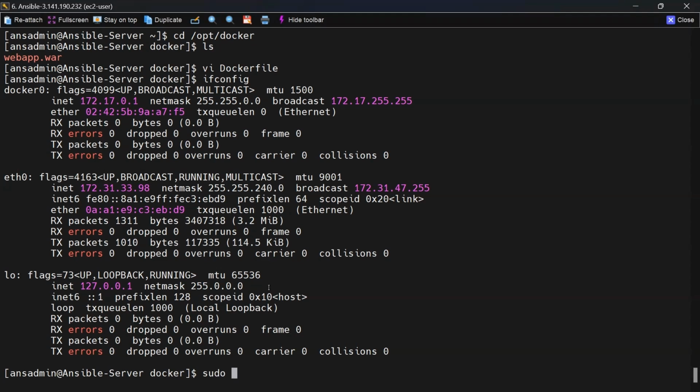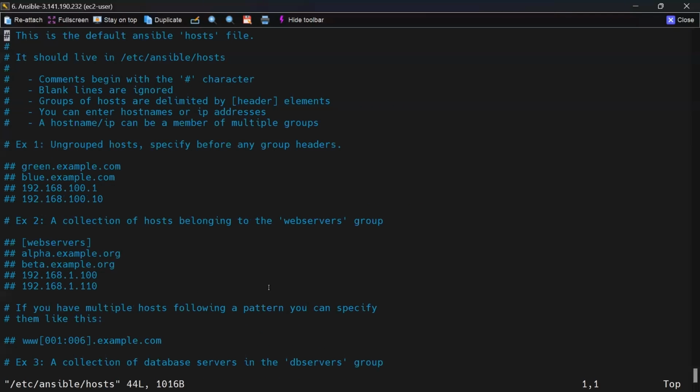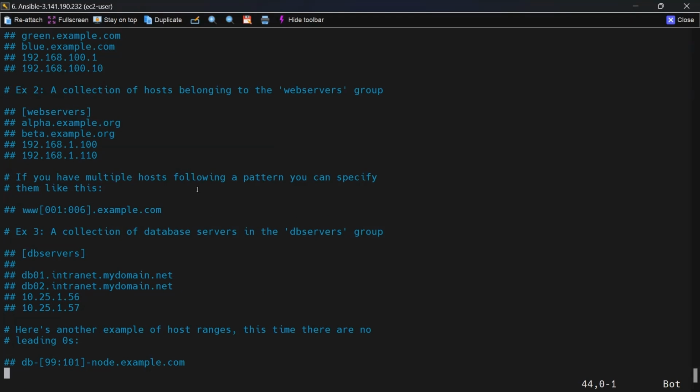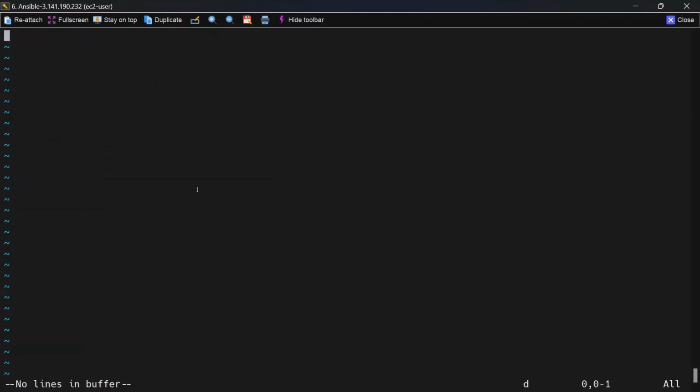So we get into the file, we vi into /etc/ansible/hosts. Here we are. You may want to remove all of these. We don't need it at the moment, so we will delete all of them so we can create a new one. So we add the localhost, ansible,